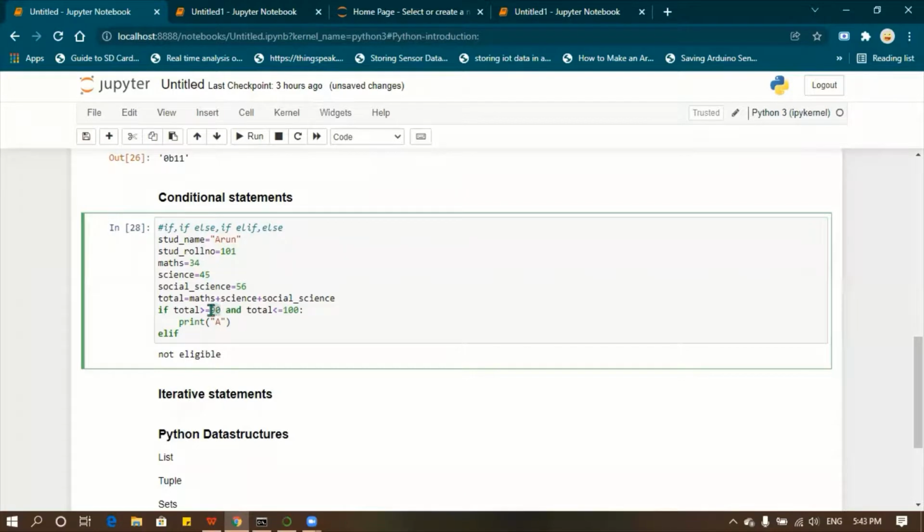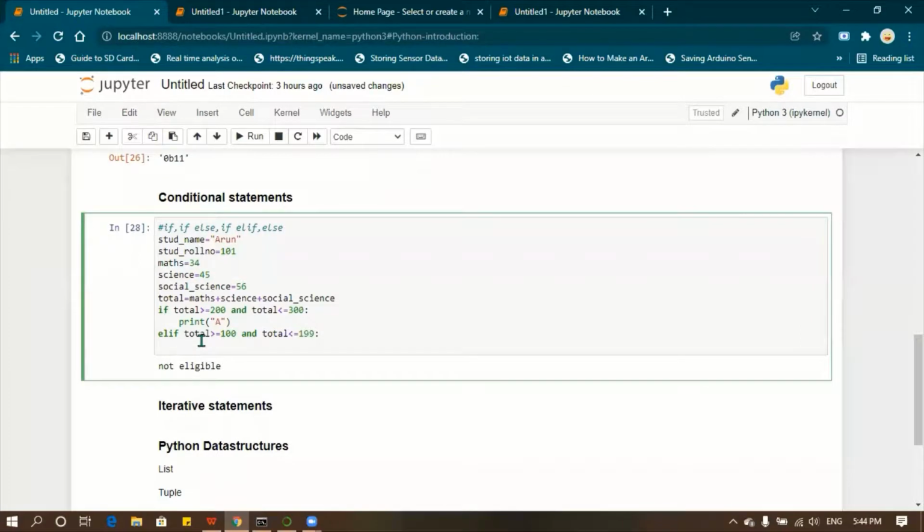Let's say 200 to 300, because if you take 100 for 3 subjects, it will be a total of 300. So then total greater than or equal to 100 and total less than or equal to 199, then we print grade B.